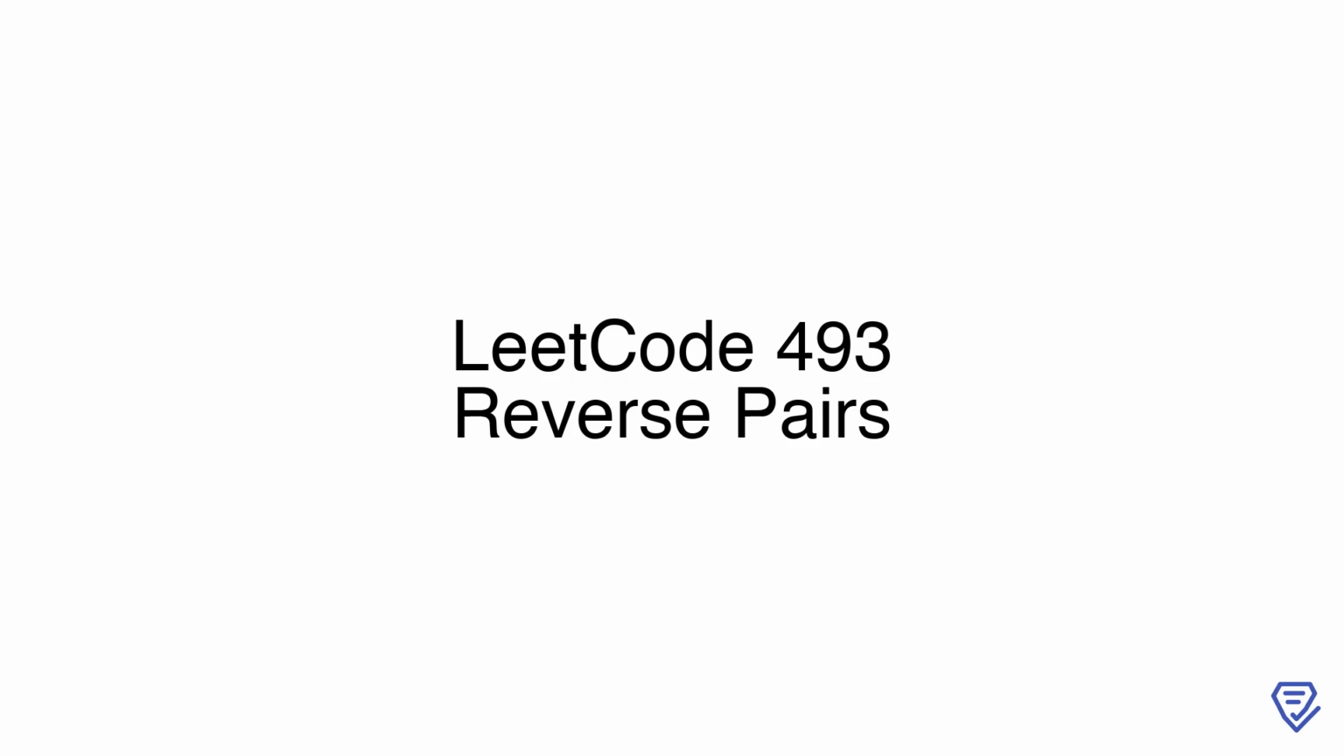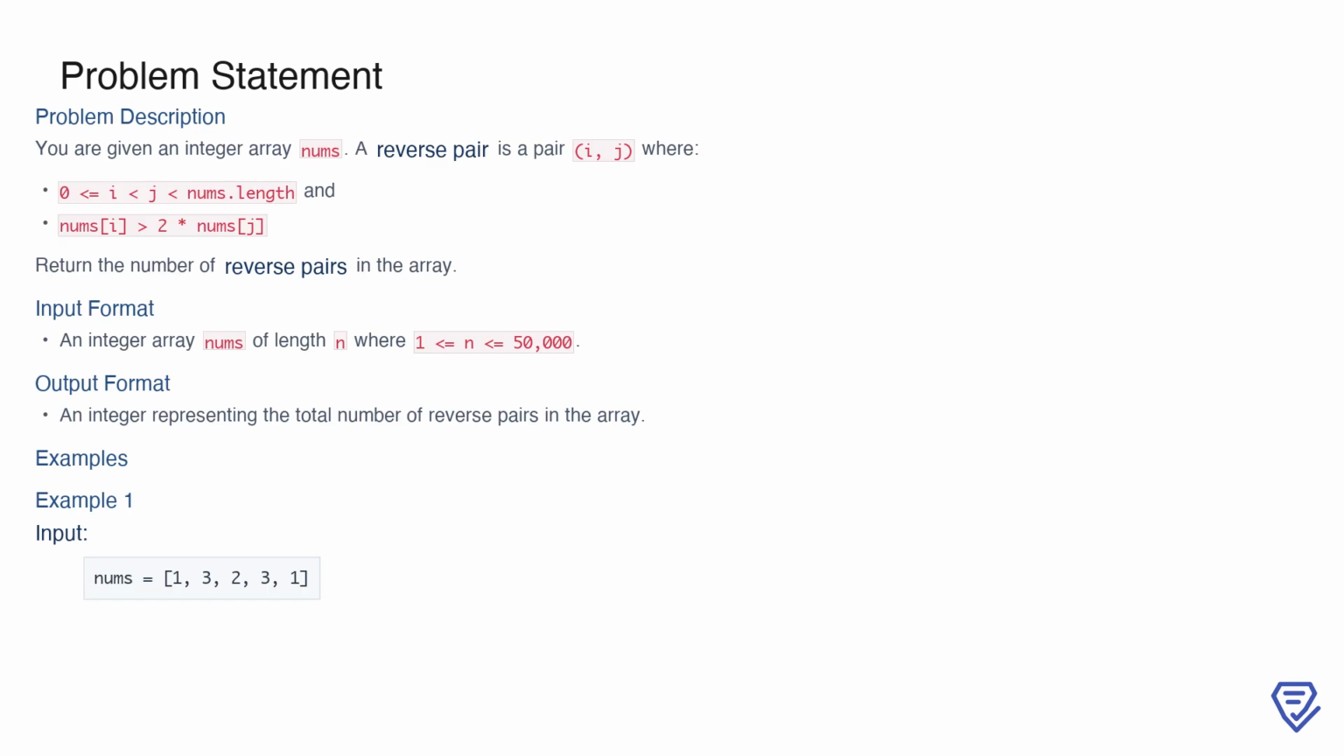In this session, we will explore problem number 493, Reverse Pairs. We'll dive into the problem statement, analyze its challenges, and break it down step by step to uncover an efficient solution. Let's get started. In this problem, you are given an integer array called nums, and your goal is to